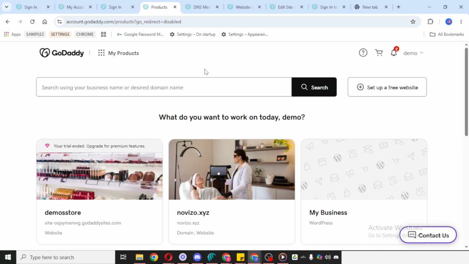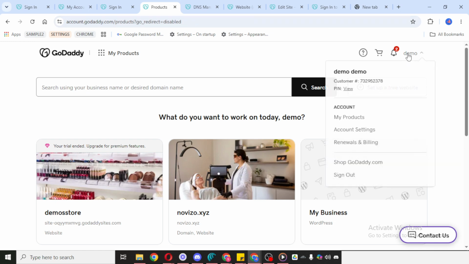In this walkthrough, I'll show you exactly where to go inside GoDaddy and how to enter your own name servers correctly. To begin, open the GoDaddy website in your browser. Make sure you're signed in to the account that contains the domain you want to manage. Once you're on the site, go to your profile area so you can access your account options.